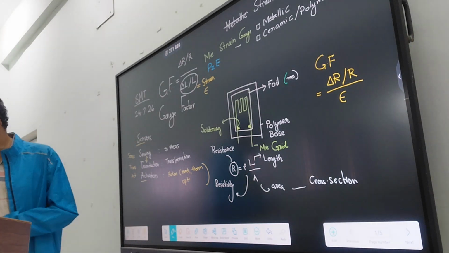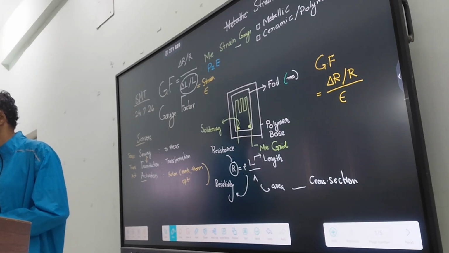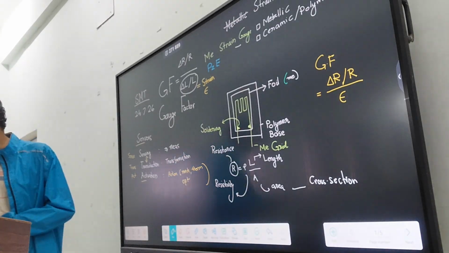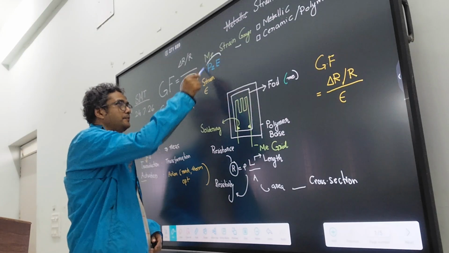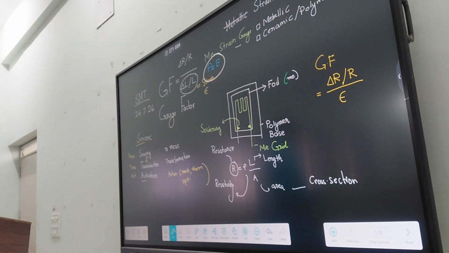And there is one more way, we can use a ceramic or a polymer based strain gauge. So the ceramic and the polymer based strain gauge uses the property of piezoelectricity. That is, if you provide some sort of strain, it creates a